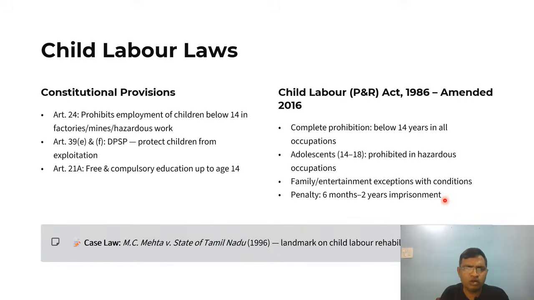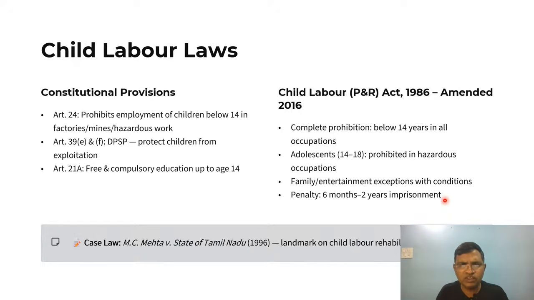Then child labor laws. The constitutional provision is that Article 24 prohibits employment of children below 14 years in factories, mines, and hazardous work. Then Article 39 (e) and (f), the DPSP, protect children from exploitation. Article 21A says that free and compulsory education up to 14 years should be there. Then the Child Labour (Prohibition and Regulation) Act,